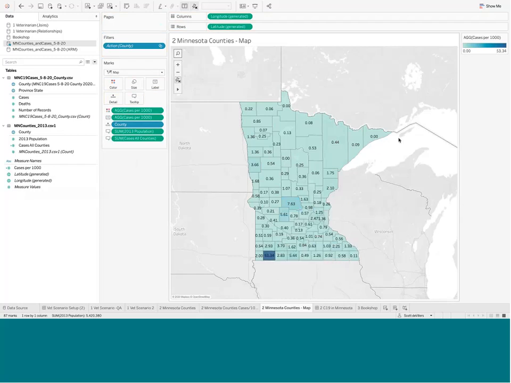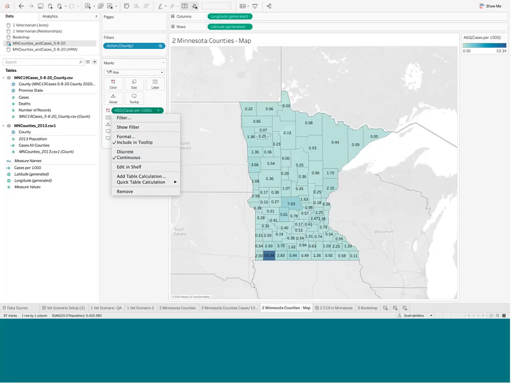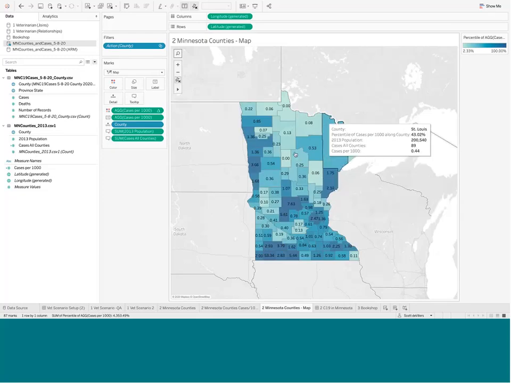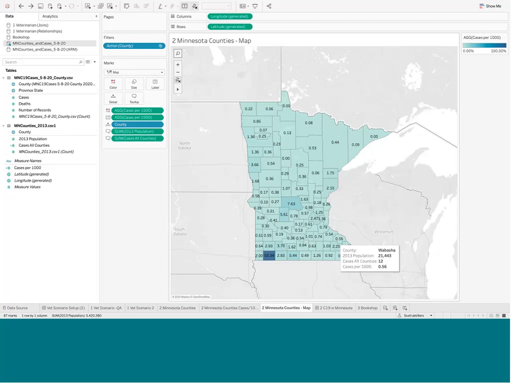A little trick in situations where you have a lot of similarly spaced numbers and then a few that are considerably larger, you get a sort of washed out looking map. And so one little trick that I like to use that I learned in a 50 tips in 50 minutes type of presentation, has nothing to do with relationships, but I'll use it here anyway because it's quick, is simply set whatever you're using for color to a percentile, and that may or may not look better. It tends to kind of hide the fact that this is our biggest problem. So in this case, it may not be best, but it's a good one to know. Anyway, I'll back that up because I really want Stearns County to jump out. Okay, so